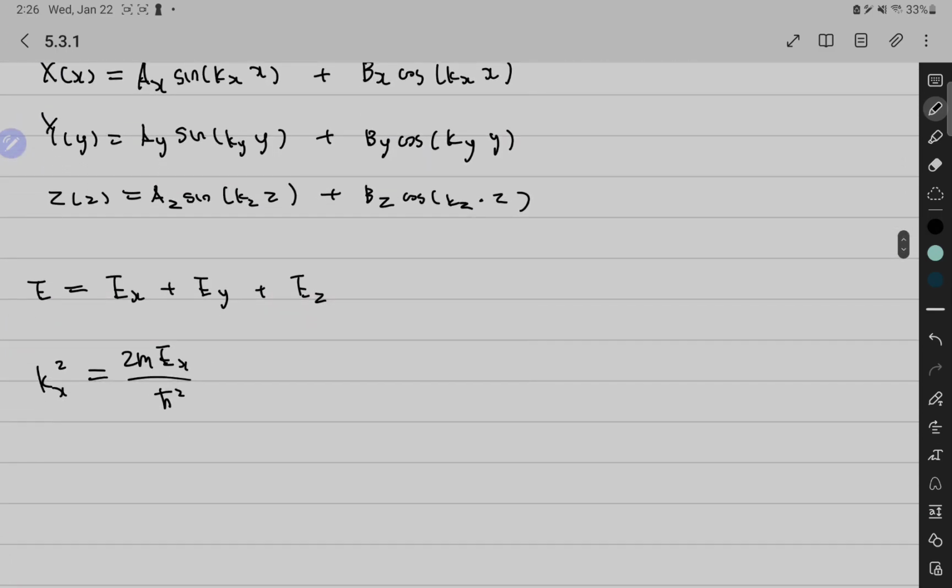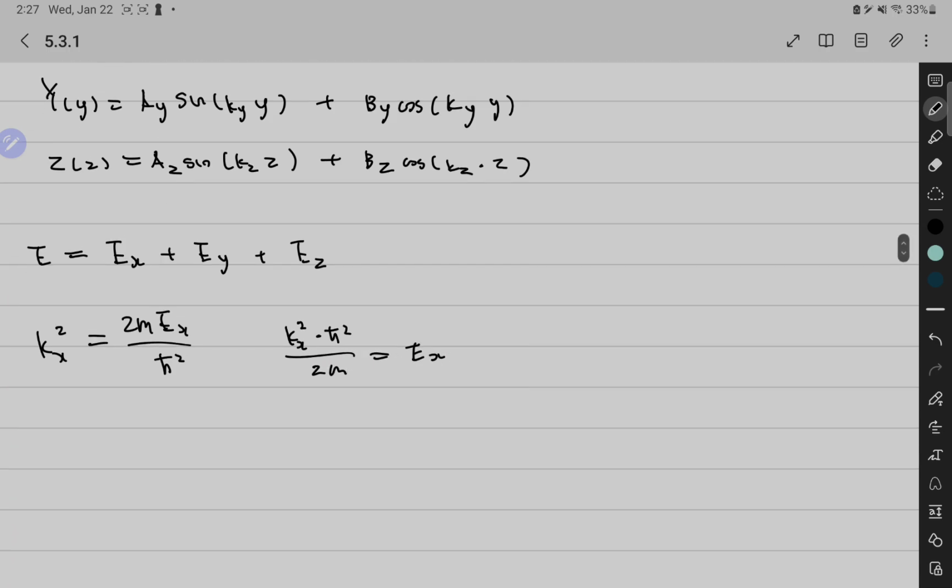So what we're gonna do is isolate Ex here. kx squared times h squared over 2m is gonna be Ex. And the same logic goes for Ey. So Ey is gonna be ky squared times h squared over 2m. Ez is gonna be kz